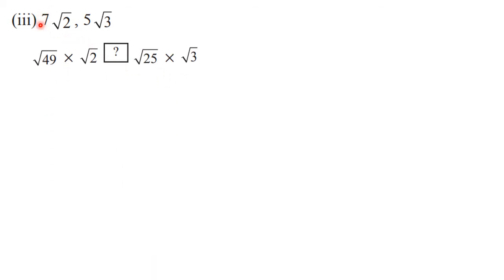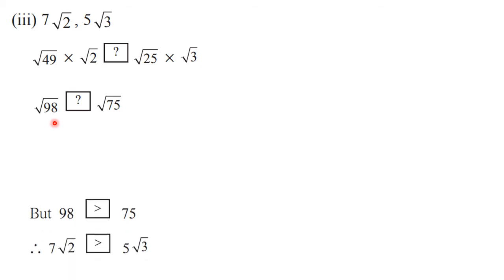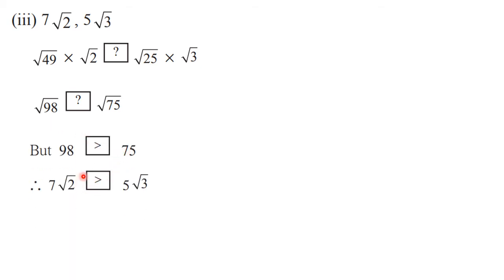So this rational part I am converting to irrational one. So root 49 into 2, you will get root 98 here. And here 25 into 3, you will get root 75 here. Now see, since the order is same, you can compare the radicands. What we can say, 98 is greater than 75. Therefore, here the first surd is greater than the second one. If you want, you can add one extra line that therefore root 98 is greater than root 75.